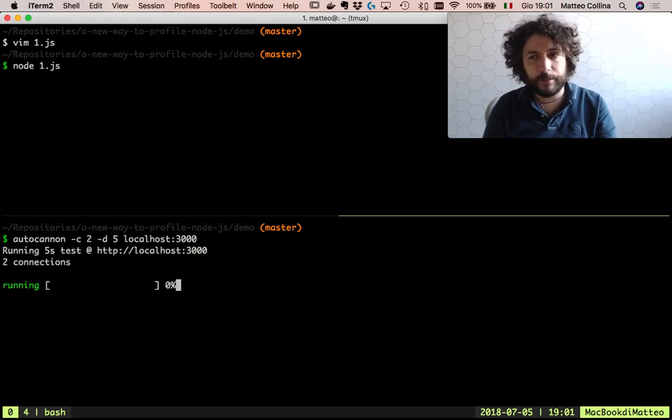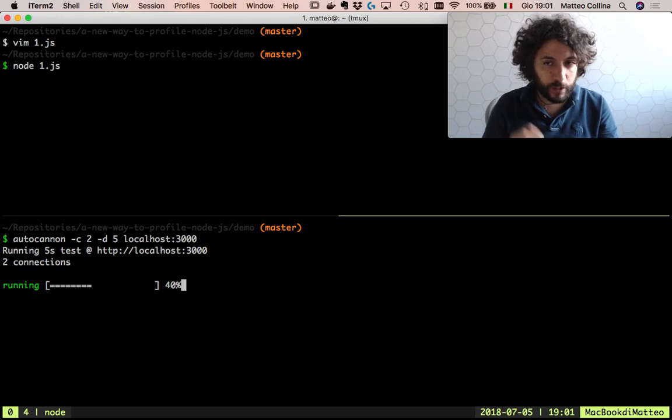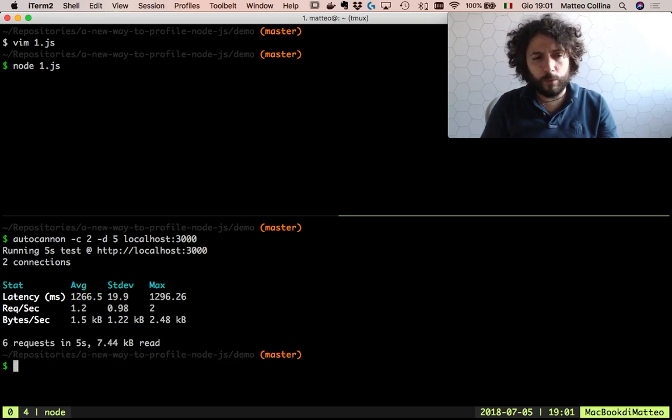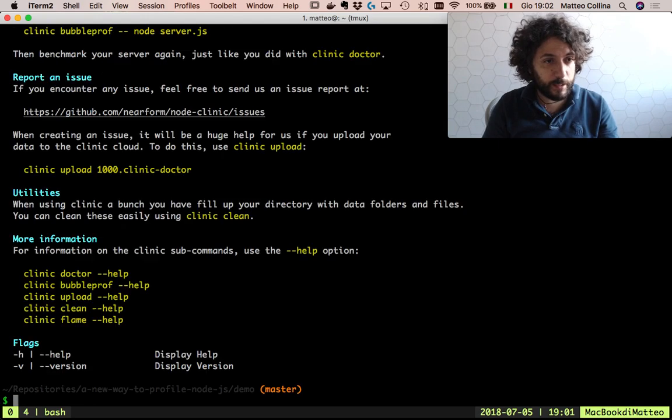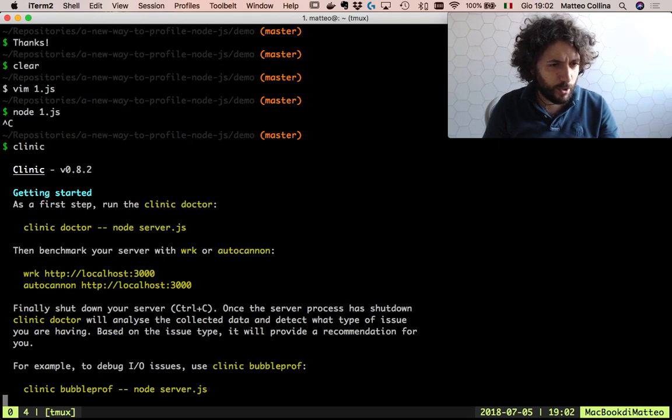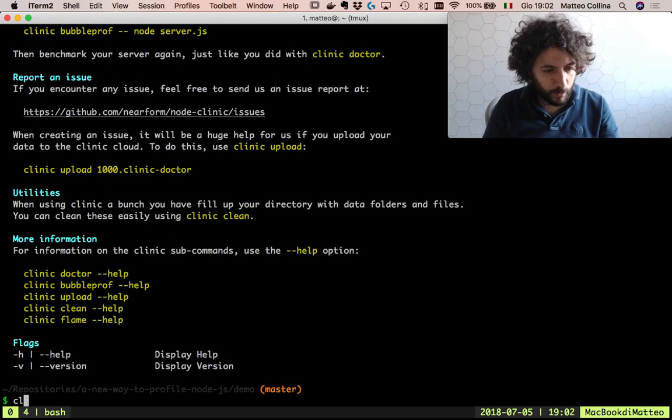So let's start this. It runs for 5 seconds with two concurrent connections. Here we go. Whoa, 1.2 requests per second. Maybe it's a little bit slow. So the clinic toolchain, this a longish readme. So the clinic toolchain allows us one command called doctor, and we can ask the doctor what's the problem